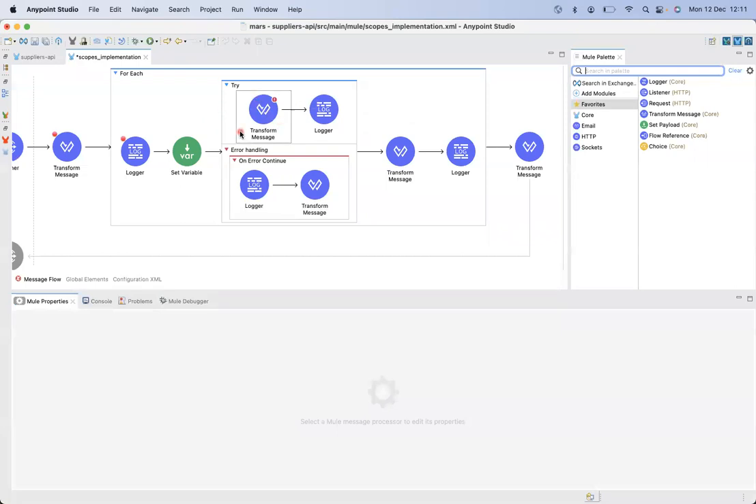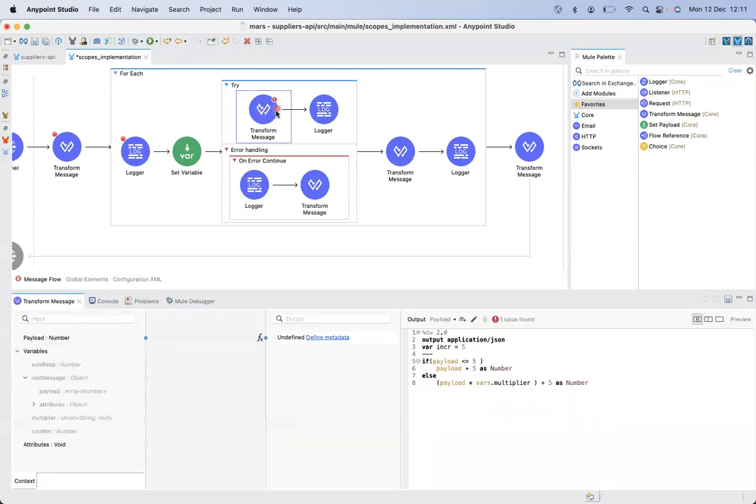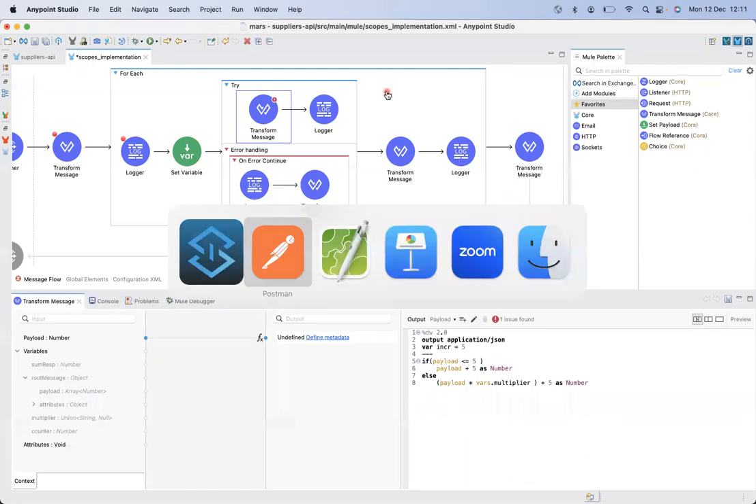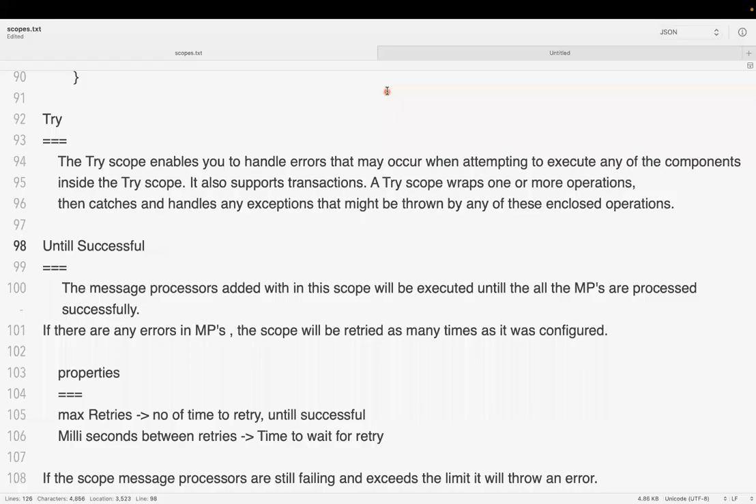Now we have seen the try scope. For example, suppose, instead of transform message, assume that there is a database activity. You want to update that information. Whenever you want to update that information to the database, sometimes there might be a database connectivity failure. Whenever the connectivity failure happens, you might need to retry the particular connection failure. So